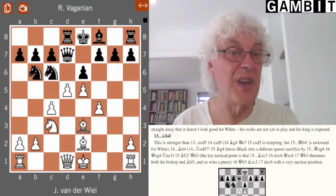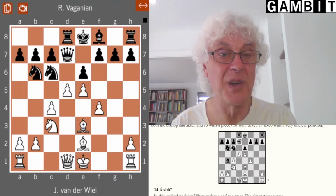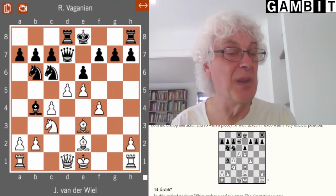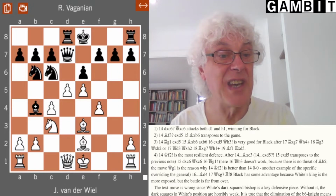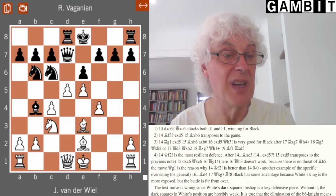So there is actually a threat when white pushes his pawn, but black found a very clever way to meet that. He developed his bishop. It's nice to play a developing move that meets your opponent's threats at the same time. White went ahead with the capture on b6, which was probably a mistake because the e3 bishop is an important